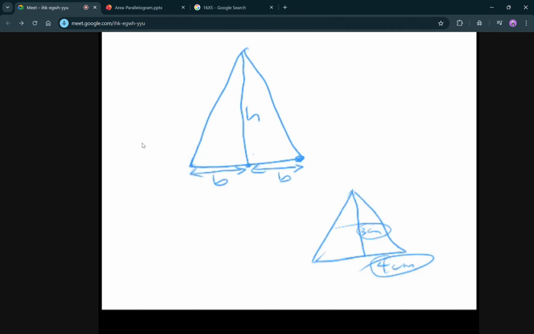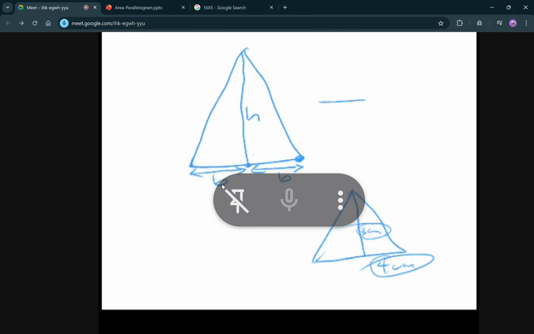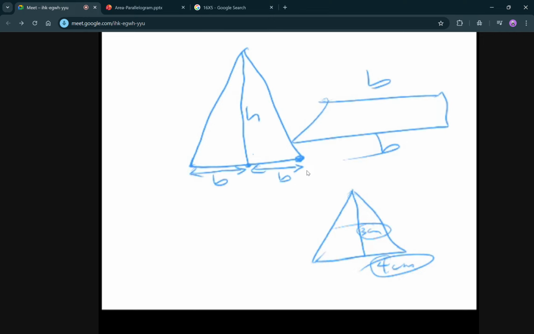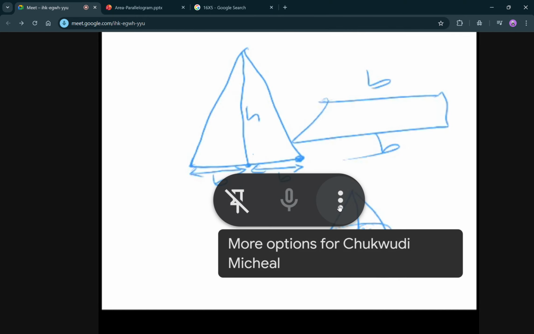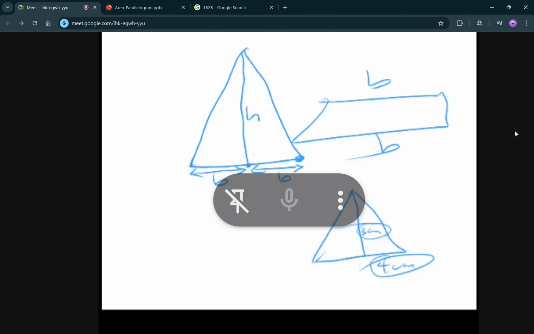It's just like the way you have your parallelogram and you are seeing two bases also. The two bases doesn't mean you are going to use the two. You only use one, okay? Do you understand that? So it doesn't mean you use the two, it's just the one. The distance from the center to any point on that edge is called the base. That's what the base is. The distance from the center of the triangle to any